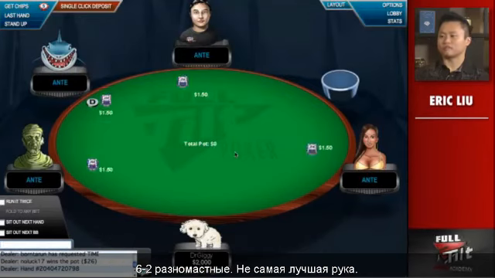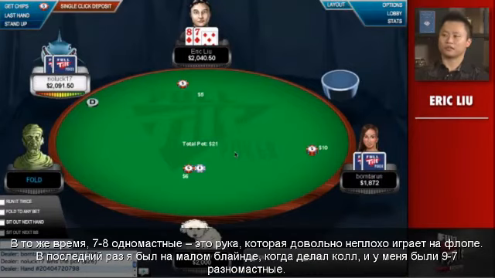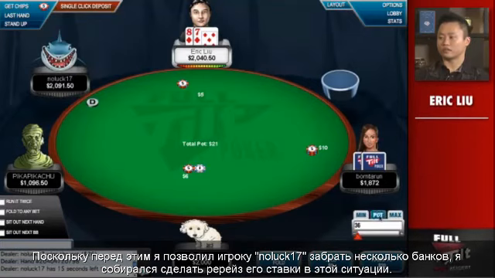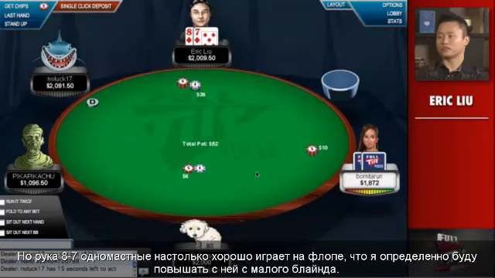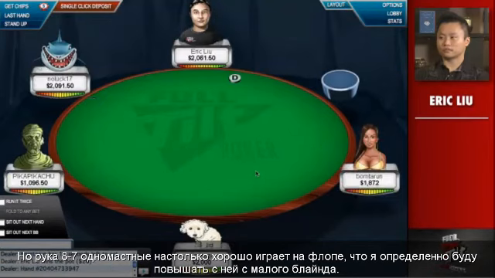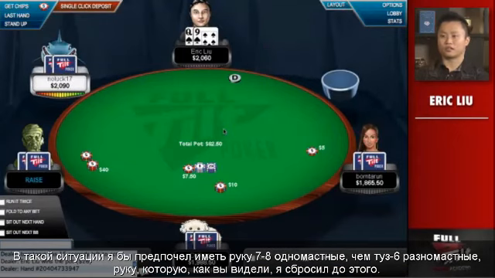6-deuce offsuit, not the best of hands. 7-8 suited, however, is a pretty good flopping hand. Last time you saw me call with 9-7 suited in the small blind. Since I have been sort of letting No Luck get away with a few things, I was going to 3-bet him there. But as you can see, he's not raising every button, which is why I can't really 3-bet him as much as some other people. But 8-7 suited is such a good flopping hand that I'm definitely going to raise it from the small blind. So in a spot like that, I would rather have 7-8 suited than Ace-6 offsuit, the hand that you saw me fold before. Just because,